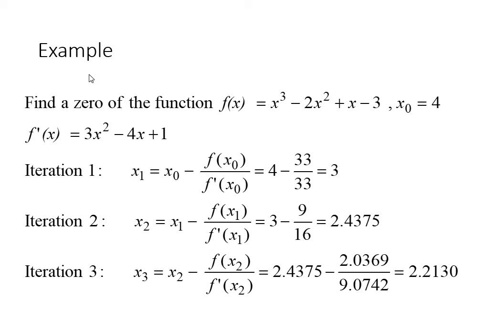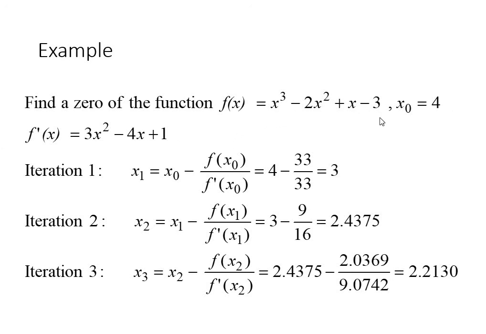However, we need to do this by our calculators, not MATLAB. So let's use the Newton-Raphson method in this case. If f of x is x cubed minus 2x squared plus x minus 3 and x naught is equal to 4,